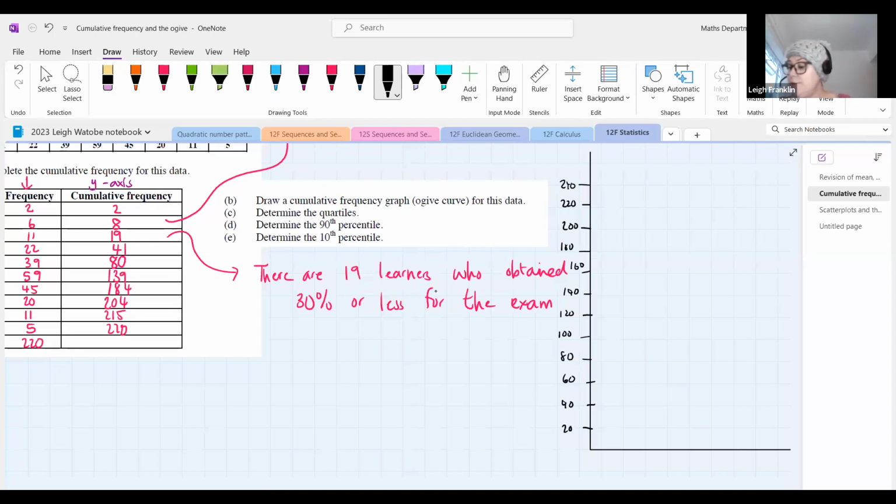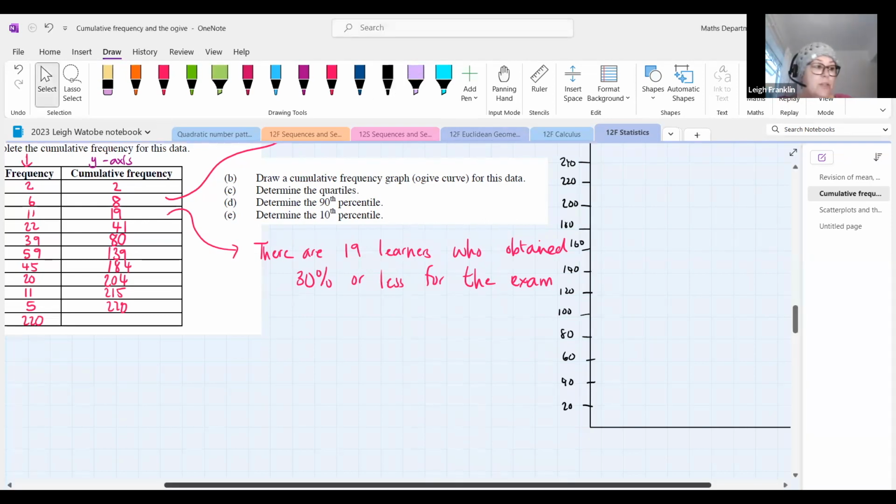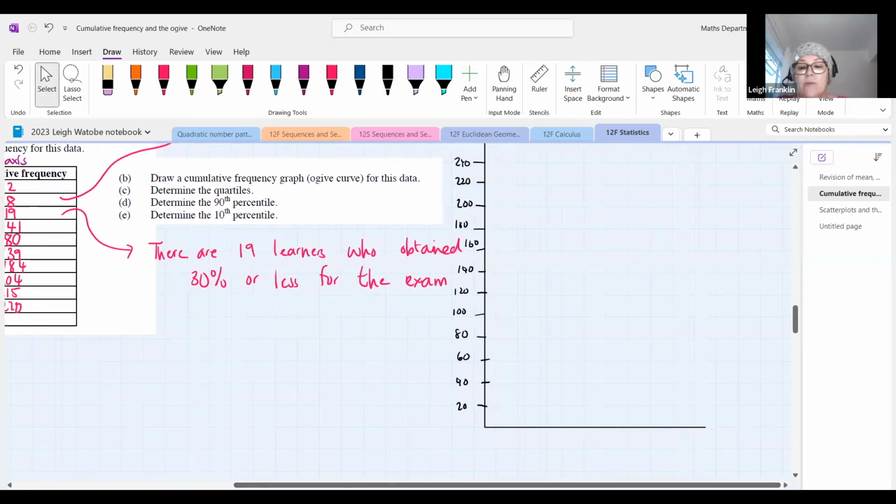Fortunately for you, the axes will be given to you. But it must be to scale, always, always, always. Otherwise, it's like when you draw a box and whisker plot, it has to be drawn over a scale, and your scale has to be accurate. Then at the bottom,